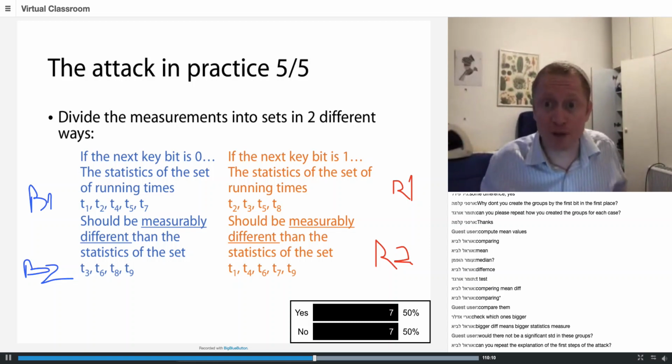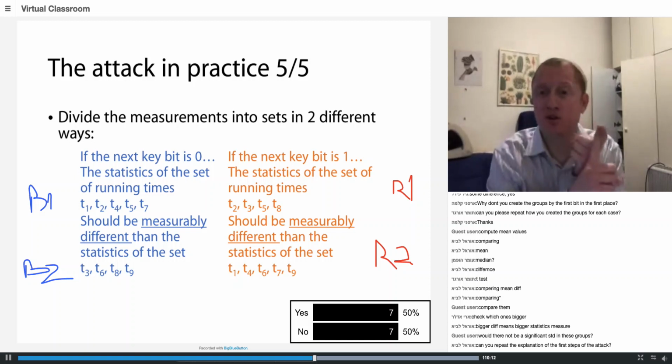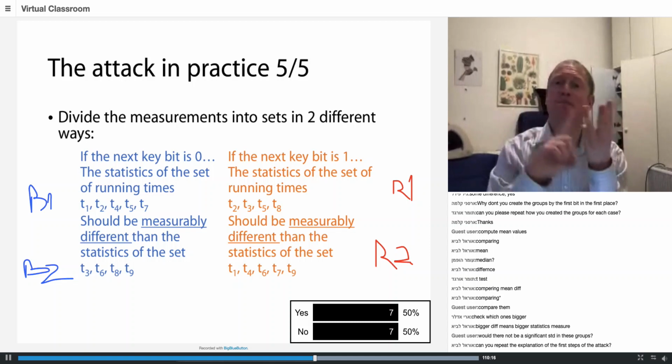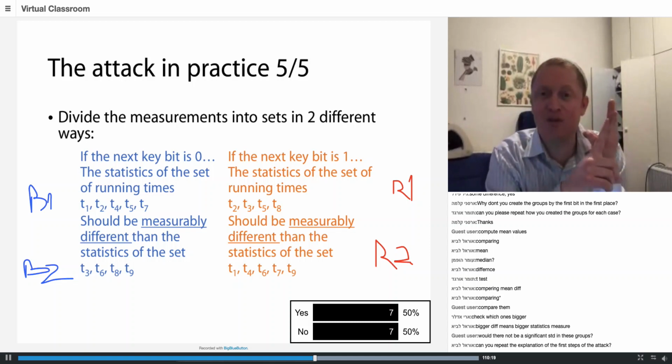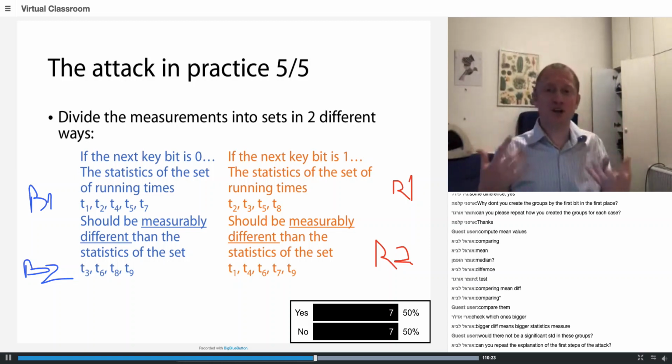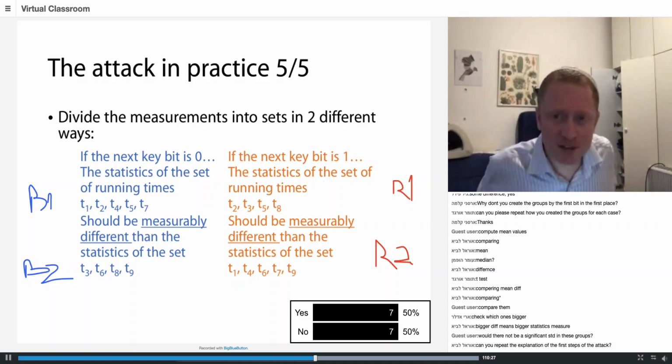The systems engineer will say, no, you didn't explain. You didn't prove to me. How many measurements do you need to take? How confident are you in your measurements? How many measurements do you need to get the key out? What is the effectiveness of your defense, and so on? And this will not work unless we do some advanced statistics. Now, the first steps of the attack, again, don't